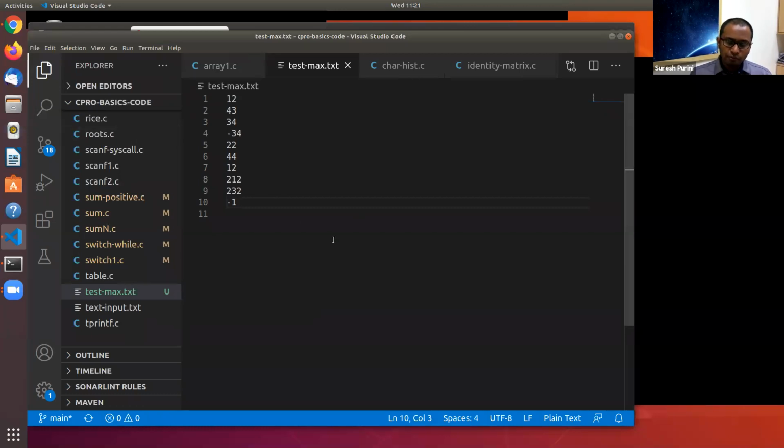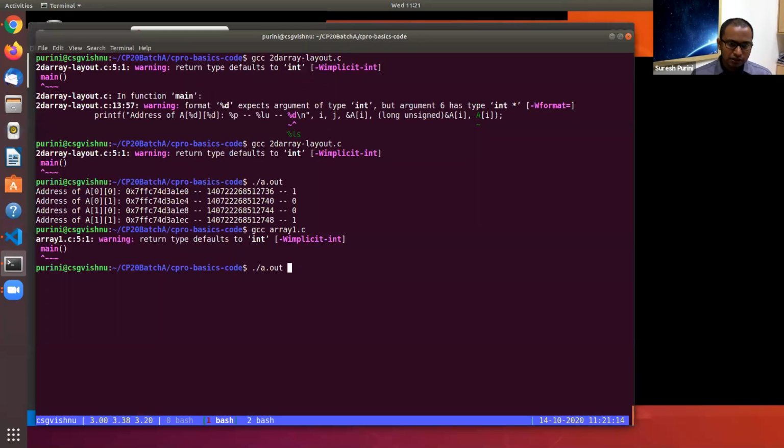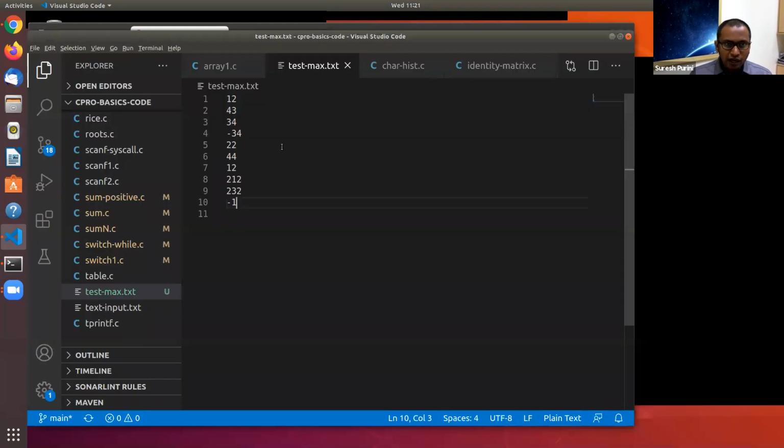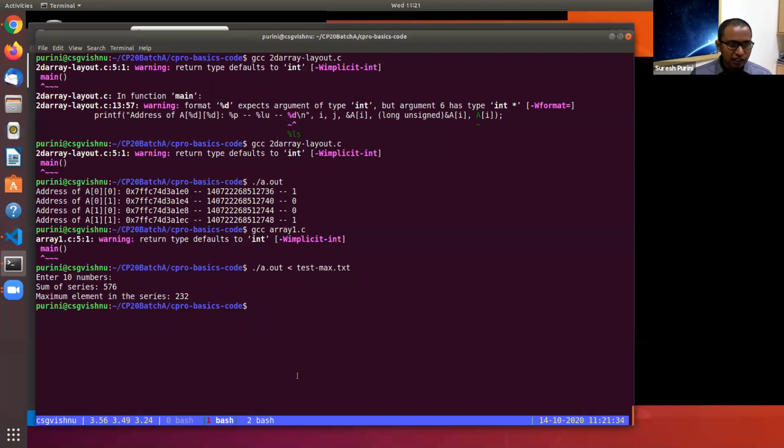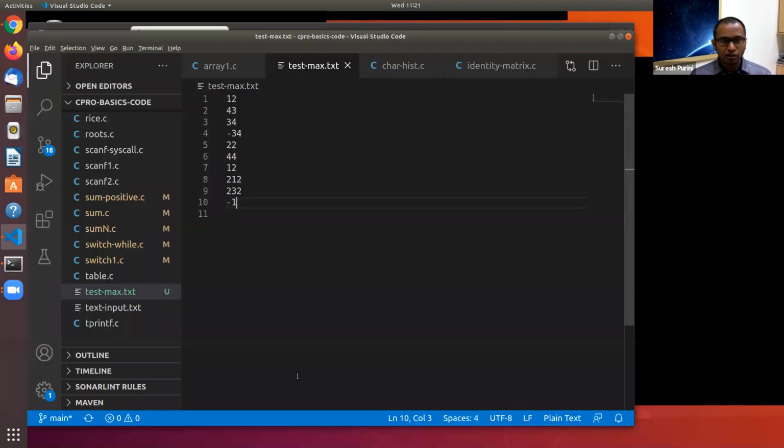So we supply input to our program from this text file, and let's see what happens. The input is supplied to this program via this text file, and there are 10 lines here. The max is 232, and the sum you have to check whether it is 576 or not.